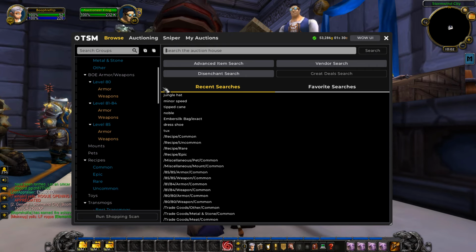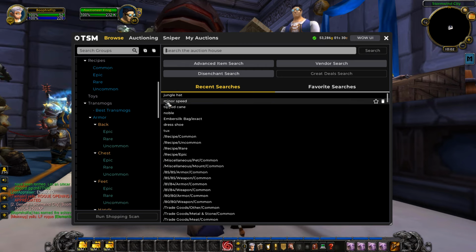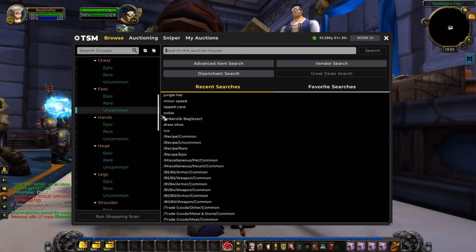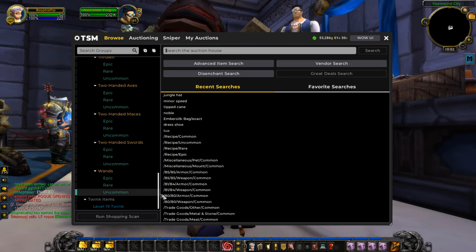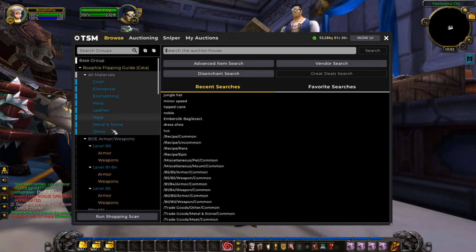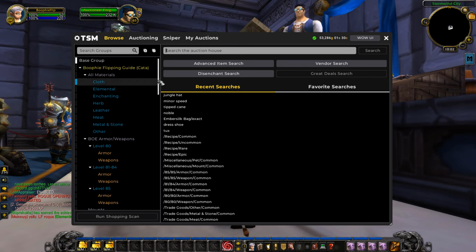So as you can see, we have a bunch of different groups. You have materials, BOE armor, mounts, pets, recipes, toys, transmogs, top 100 best transmogs. Now we have transmogs sorted out by all the different weapon pieces and how rare they are. This is really important because some of the times you want the groups a lot smaller just so they scan a lot quicker. That is why there are so many subgroups,